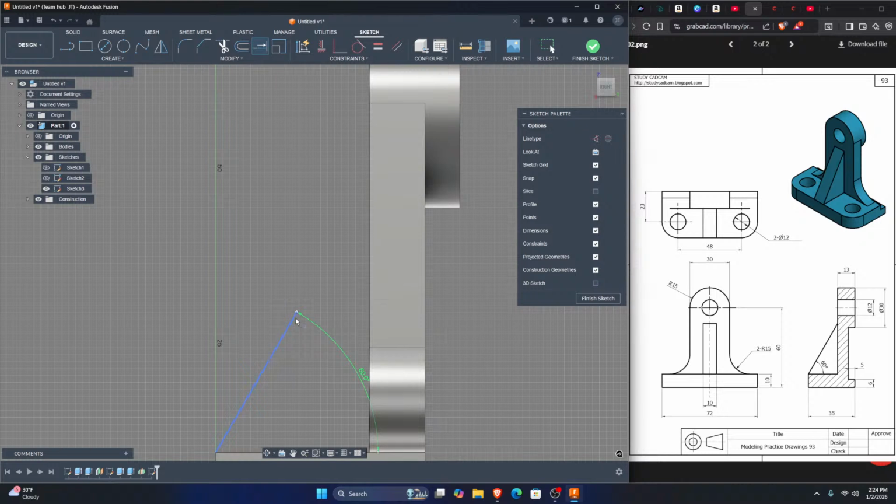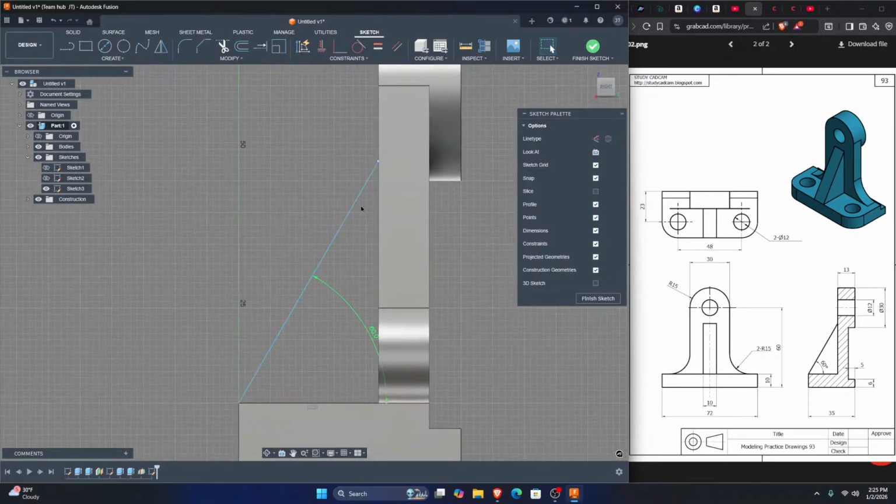If I extend this, I'm not extending to anything. So what I'll have to do is go along this profile, this line, and make that a construction line. Now once I go over to our extend, it'll extend to that line I just made. And now that I've got it, I'll just delete it, so I don't need it now. And I will make this a closed boundary